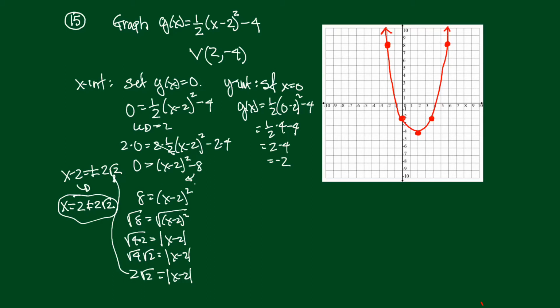So let's summarize things here. Where are the x-intercepts? The x-intercepts are at 2 minus 2 square root of 2 and 2 plus 2 square root of 2. Now those are supposed to be those points here. Here's 2 minus 2 square root of 2, and here is 2 plus 2 square root of 2. Those are hard numbers to see for sure. But then our y-intercept